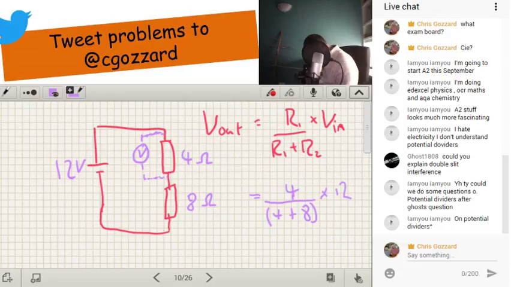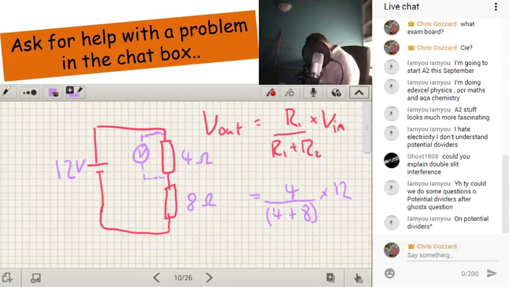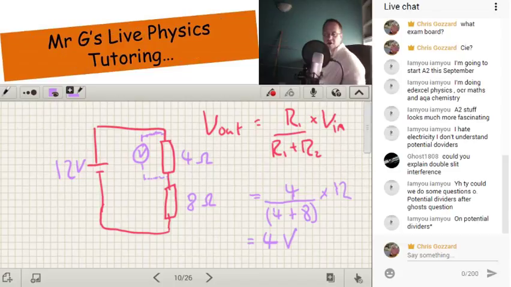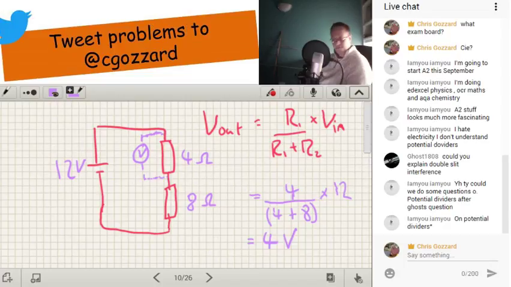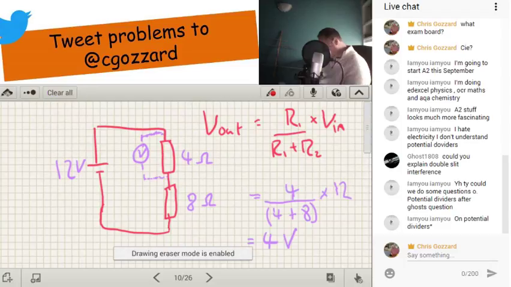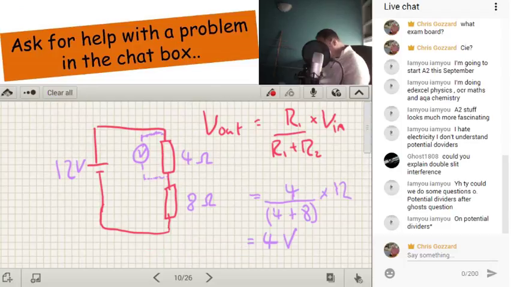Well, I've kind of been a bit sneaky here because I know this is going to work. The actual answer in this case is going to be 4 volts. So there'll be 4 volts across my 4 ohm resistor. Let's say if I wanted to know what's the voltage across the 8 ohm, then instead of having 4 at the top,